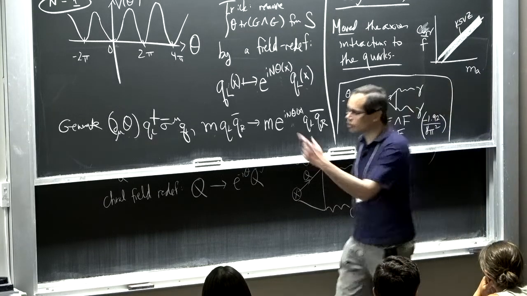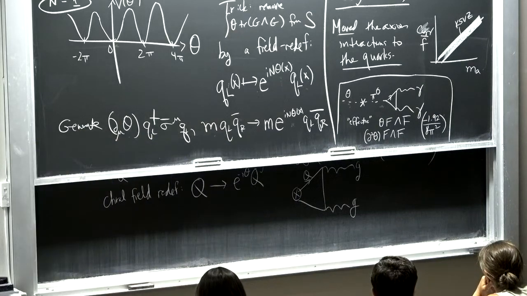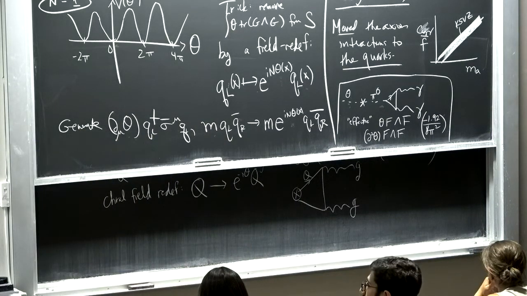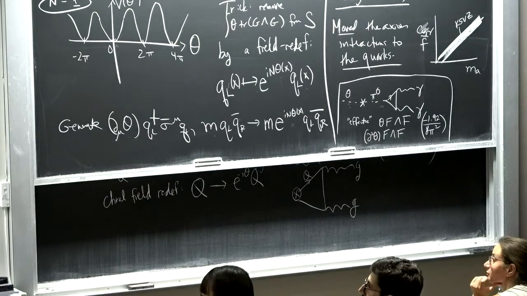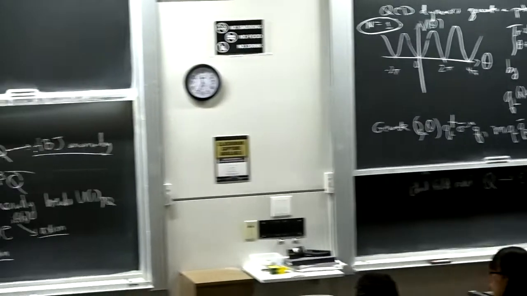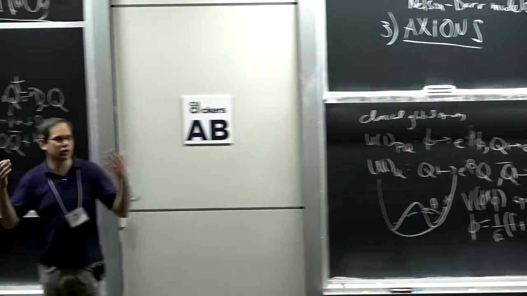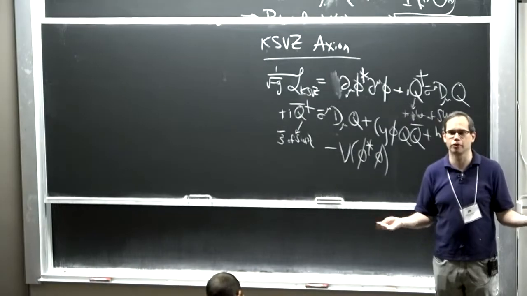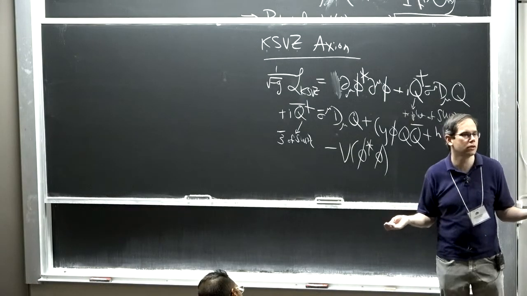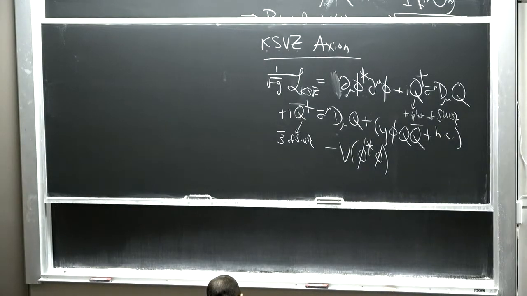But what you can also see from this model is you can get lots of different couplings if you want, because I could have made these Qs carry charges under SU(2) times U(1) and just did the same thing. And everything that was relevant for strong CP would be the same, because the way they talk to gluons would be the same. So in fact, there's kind of a whole family of KSVZ-like models, and they give you different lines in that space. Okay, so there's a lot of model building freedom in terms of what number you get out.